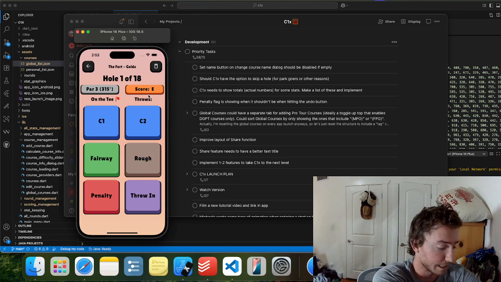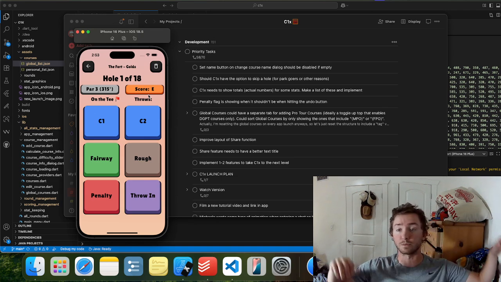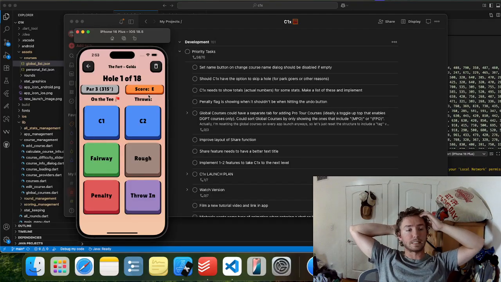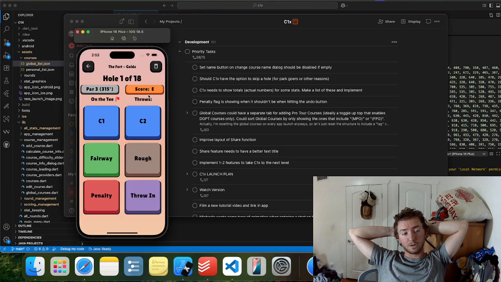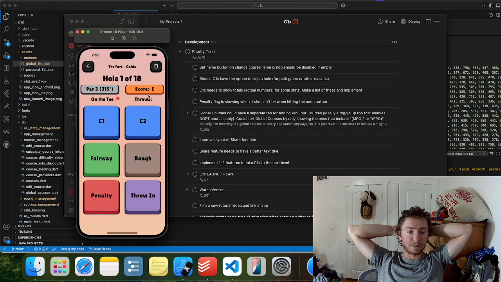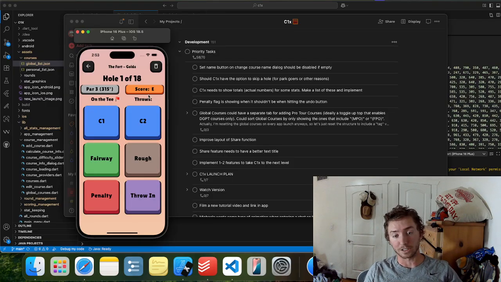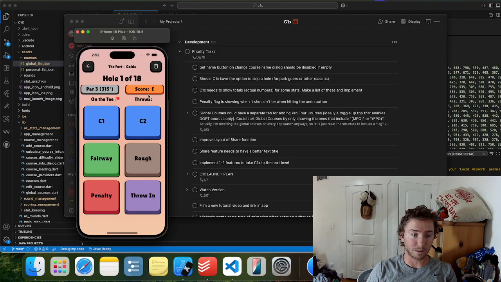But I did later last week finally get the approval from Google. So C1x is now approved on Android as well. I do still have to submit an updated build to Google, but generally what I just got the approval on is the hard part. They don't look at my app in the first part either, but they don't really look at anything as far as I can tell in the second part.